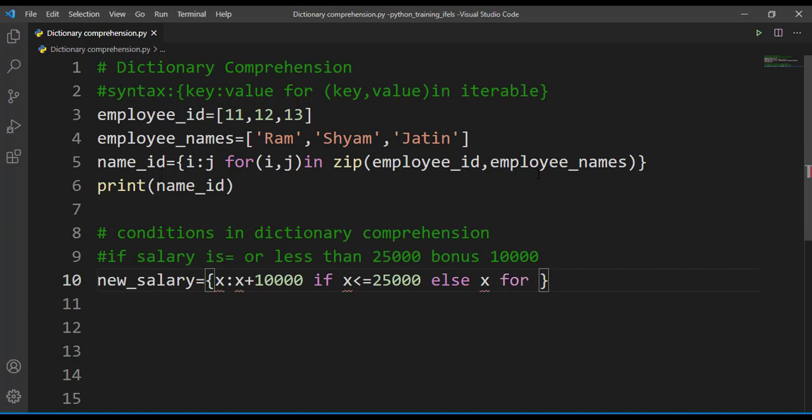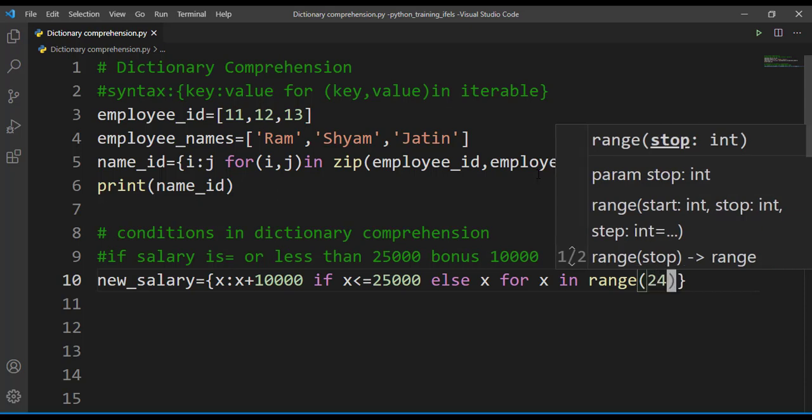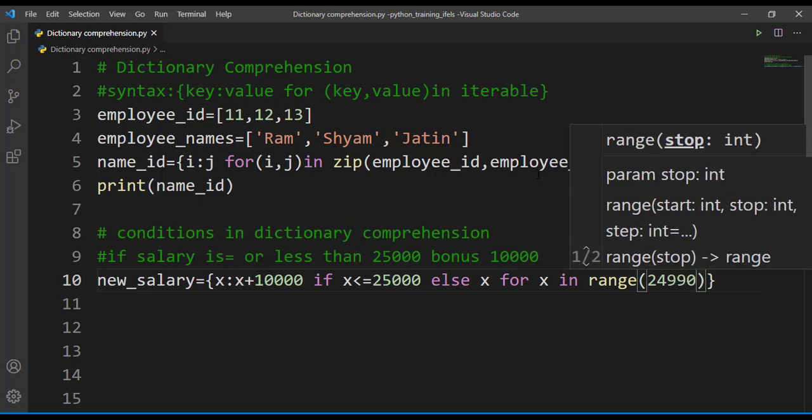This for, what are we checking? For salaries we are checking. So let's take a range of salaries here. For x in range, let's say 24,000 to, let's keep the range small here so that we can see the output properly. Let's say 24,992.